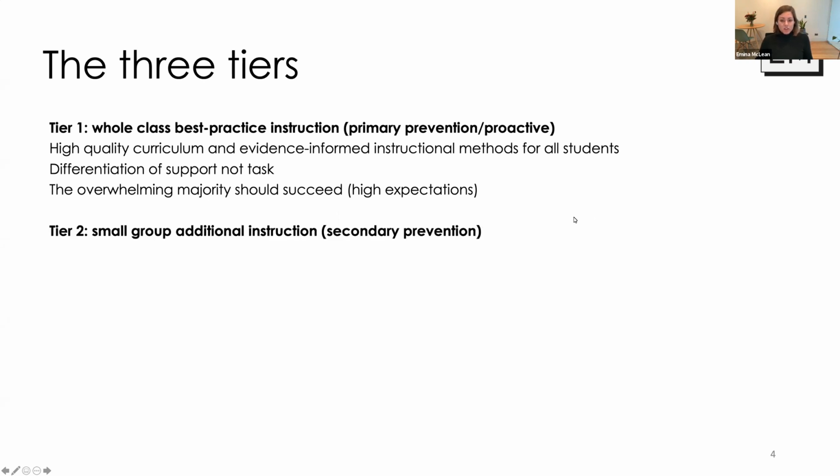Tier 2 is small group additional instruction, and we call this secondary prevention, which is that second tier of public health intervention or support. So the recommendations are usually between 3 and 5 students per group, and the groups are intended to be homogeneous. Now, homogeneous means it's not talking about student ability per se, it's talking about the skills that